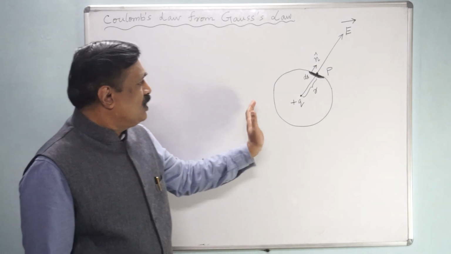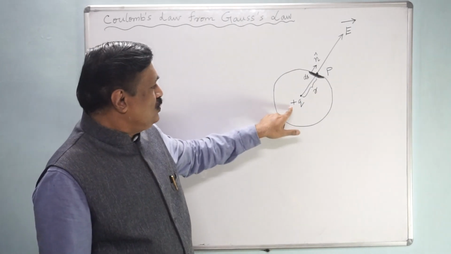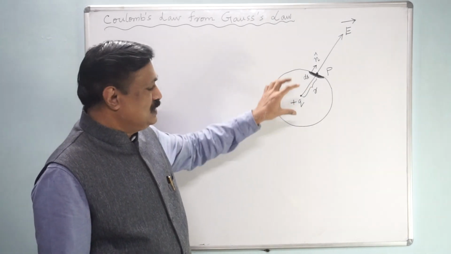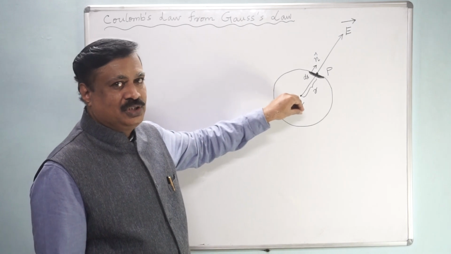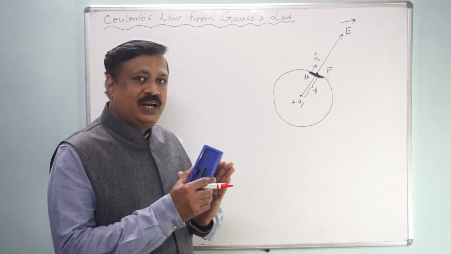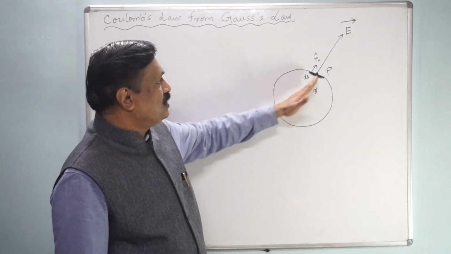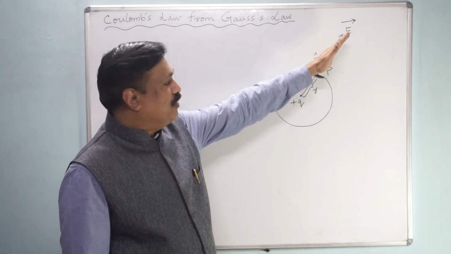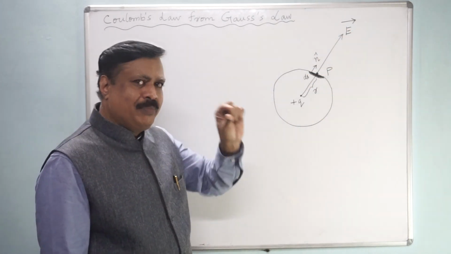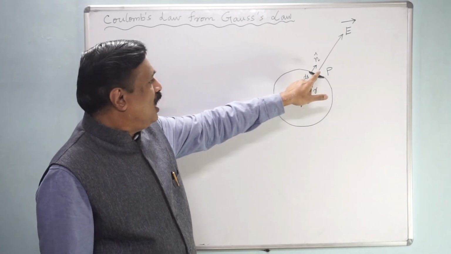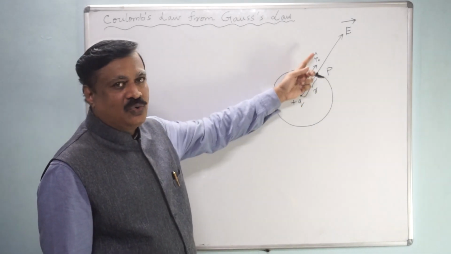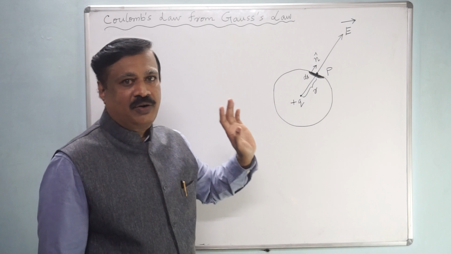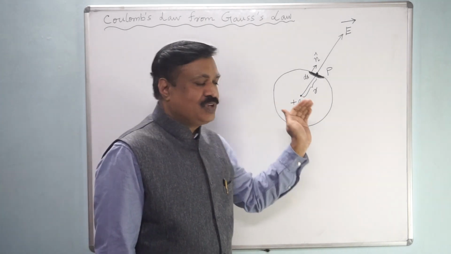Now I have drawn the diagram for this. Positive charge plus Q is in a sphere. Inside the sphere there is some positive charge. Therefore, the field is acting radially outwards, and the direction is also shown here. This is the direction of the electric field. Now, consider a small element ds on the surface, and the unit vector is acting outward. The point is P, and the radius of this sphere is R. This we have already studied, I am just refreshing you.